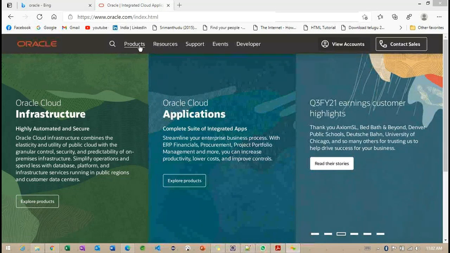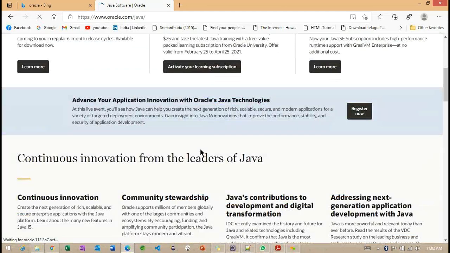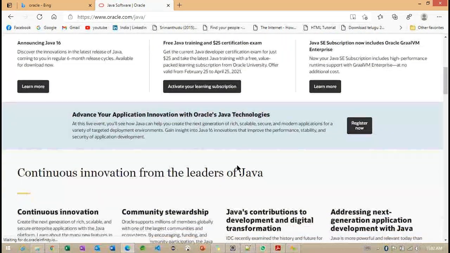Developers, products, Java, announcing Java 16.